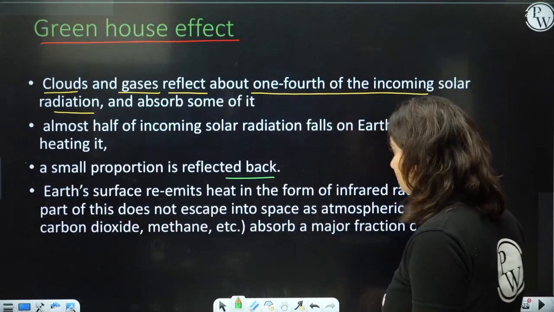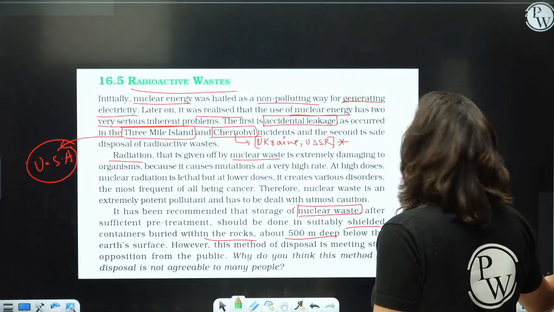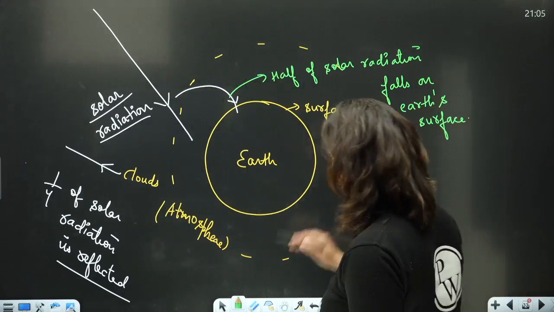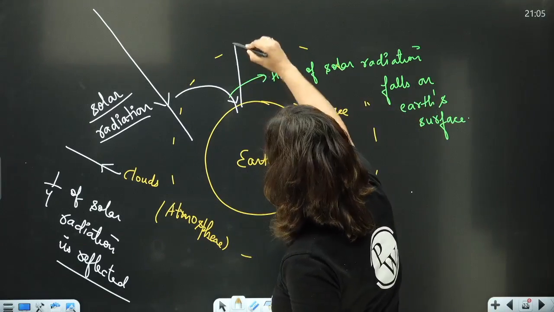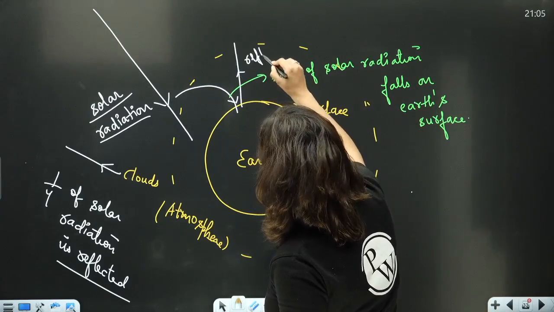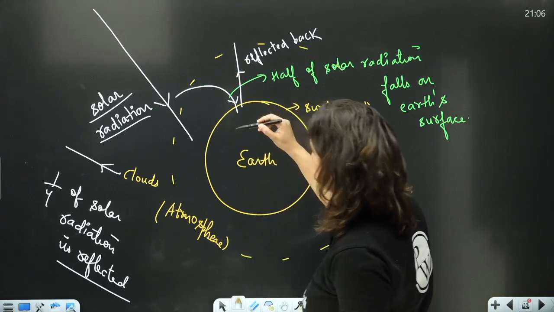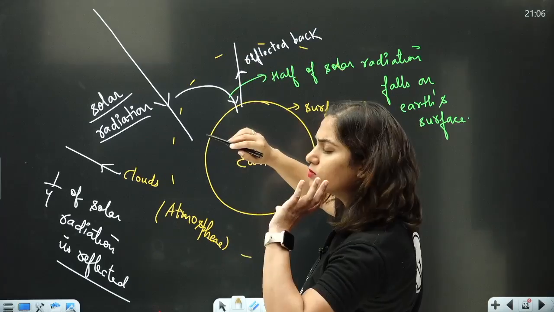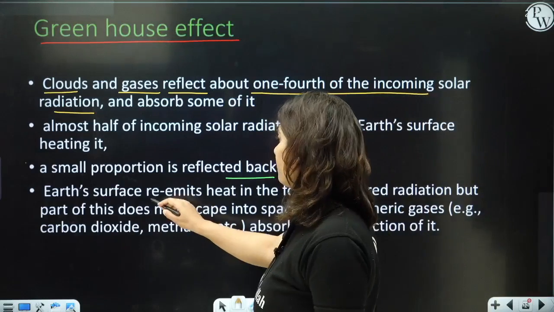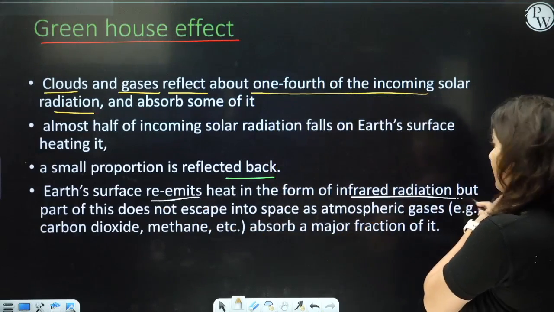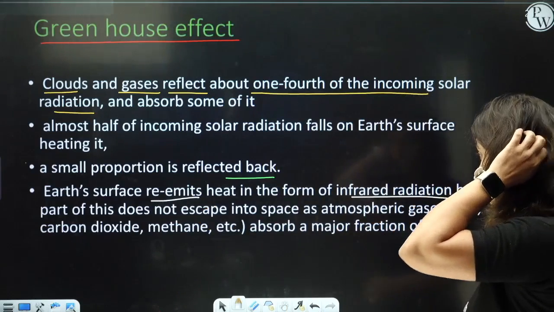What happens is that when this solar radiation hits the surface, a small proportion of it is reflected back by the surface of Earth. About half of the solar radiation is hitting the Earth's surface, and a small proportion of that is reflected back, right? Earth's surface re-emits heat in the form of infrared radiation, but part of this does not escape into space as atmospheric gases